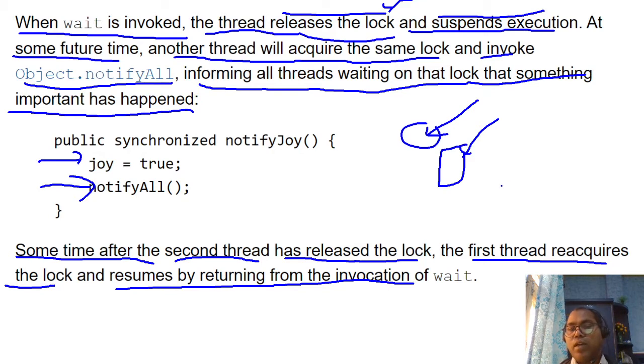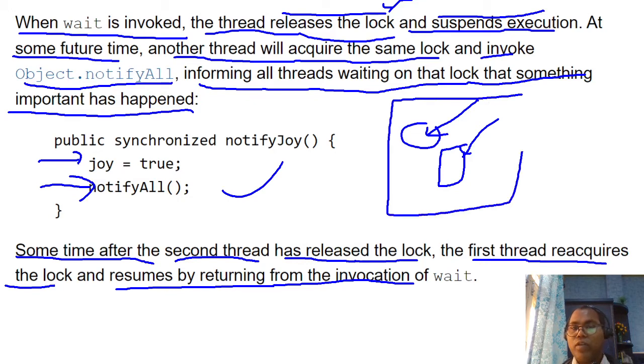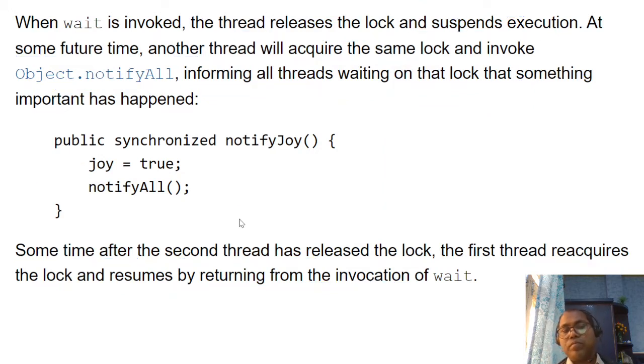What do you mean by that? Let's take this method as notify. Initially here we apply the wait. The wait releases the lock and suspends the execution. Now this one notifies it. Now it again acquires the lock and continues its work.